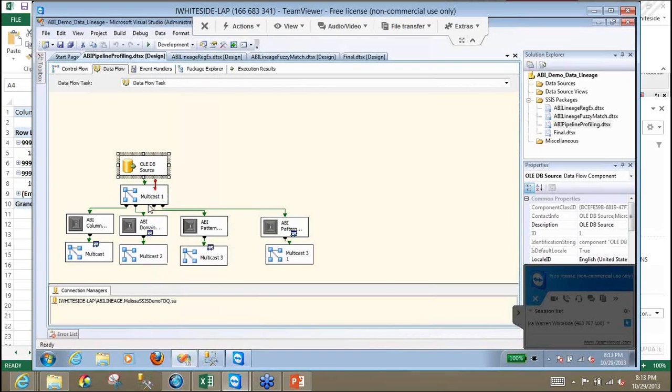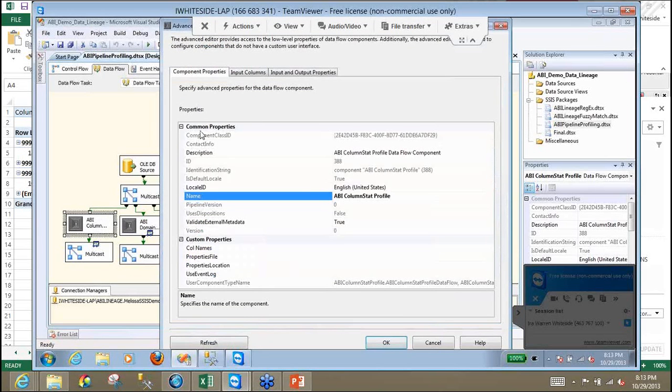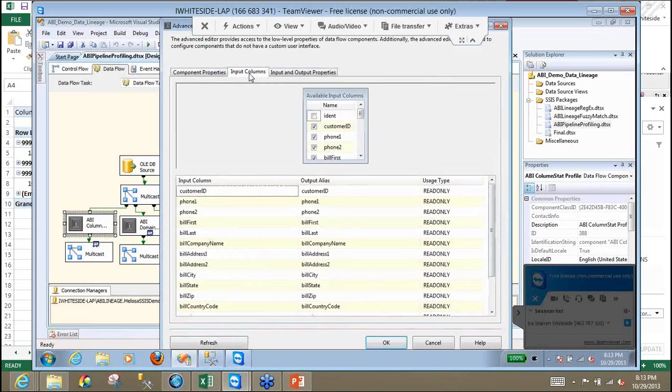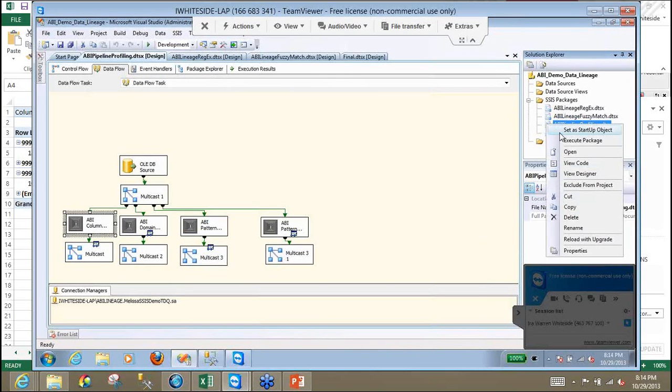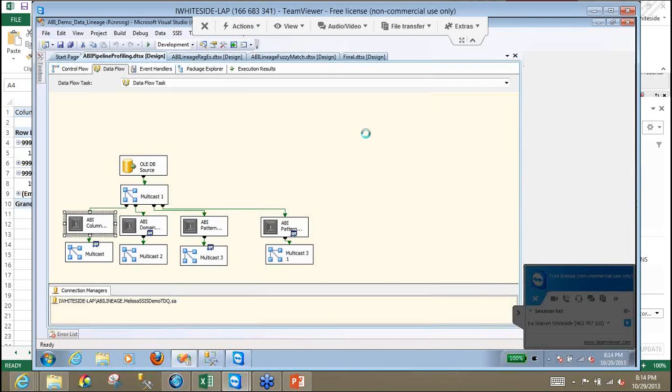If we were to drop each one of our little profiling components in here, I use the multicast, as you can see, because I want to take advantage of the pipeline and profile this data once. We simply drop in the component, select the columns we'd like to profile, and that's it. The output here, I'm going to show you in a data viewer, but the output, if you choose the version and timestamp your profiling results, obviously you can target those to any source that you'd like. If we execute our package,